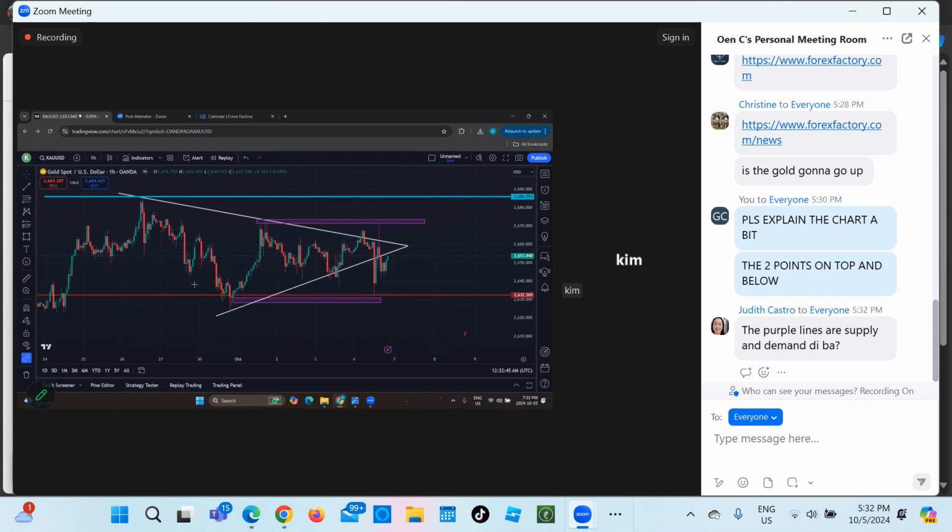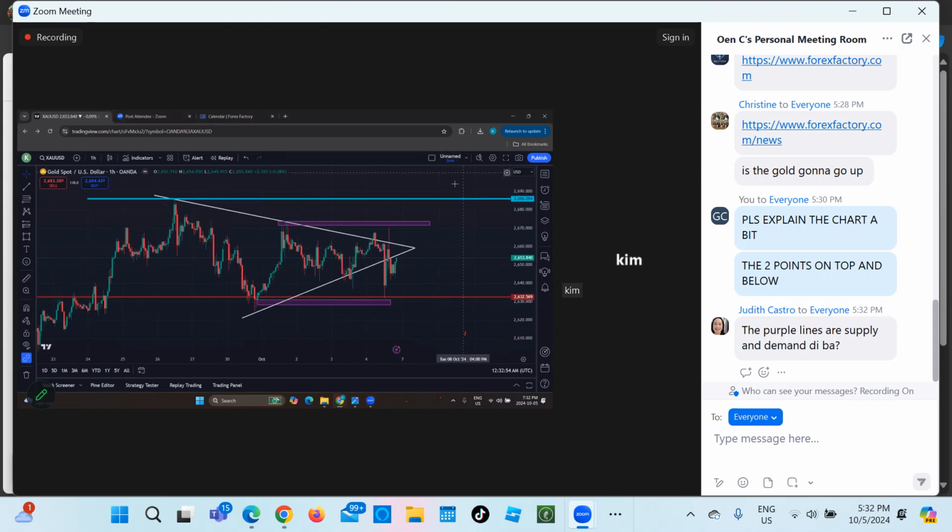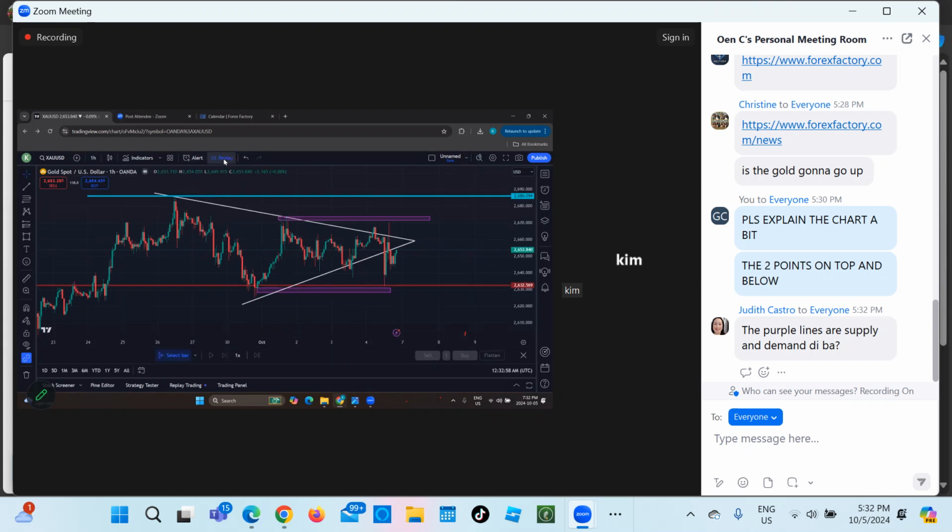Oh, okay. So this is what I call the trend line zone. Normally, I would put, kasi nung nag-replay ako dyan,